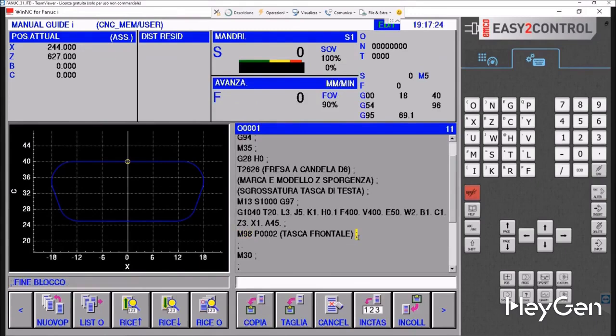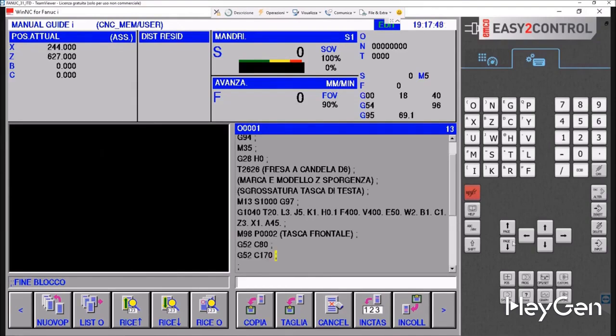What do we do? G52C80 G52 C170 because the drawing asks us to make the shape at these angles, and then I copy this line and